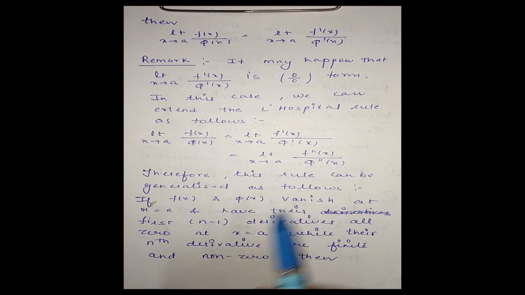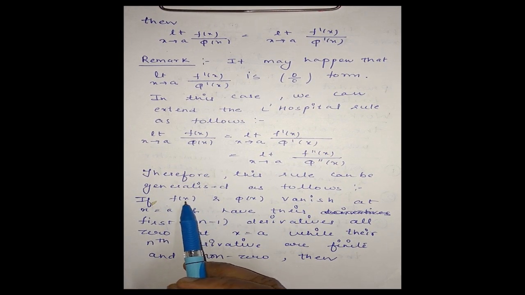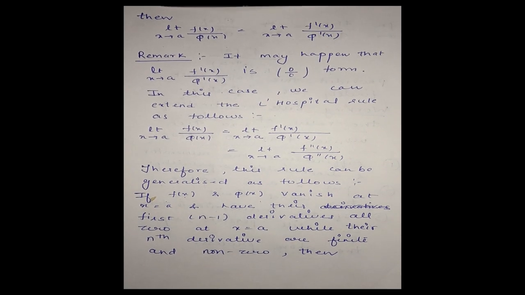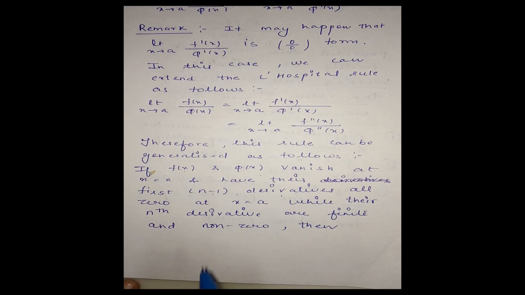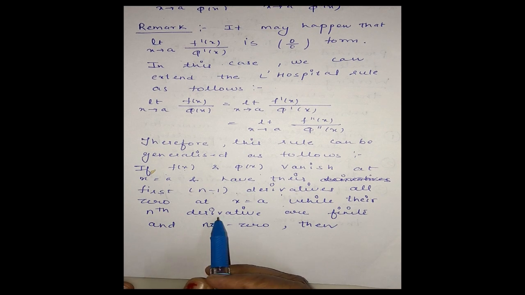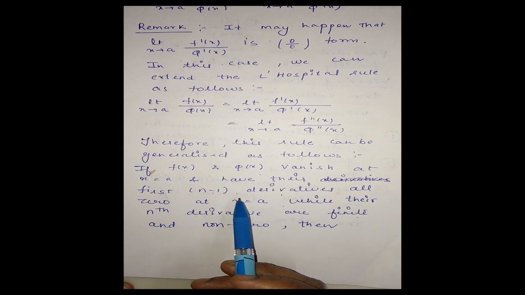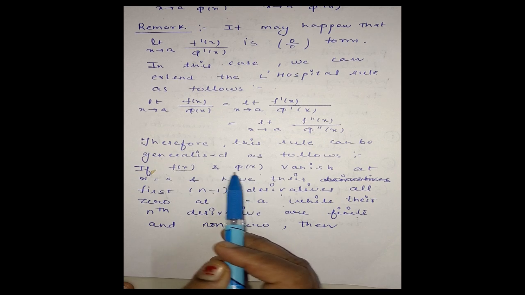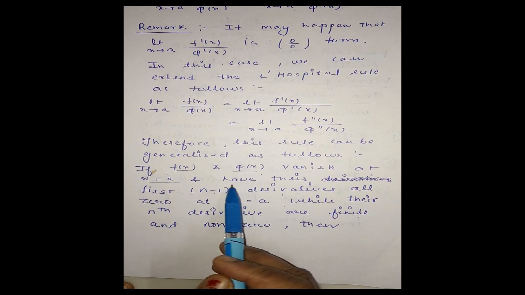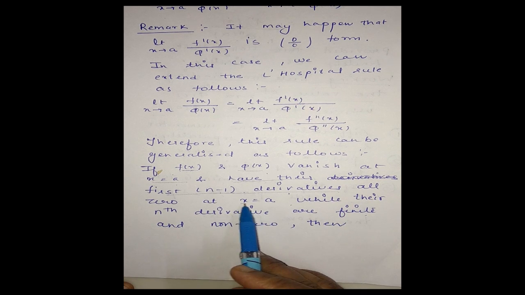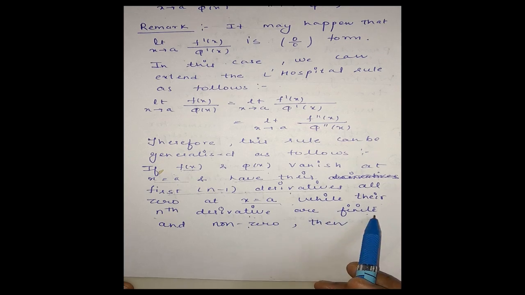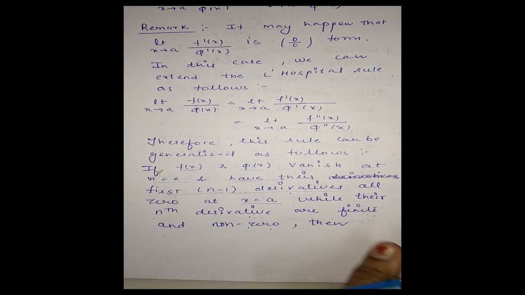Now therefore this rule can be generalized as follows. If f of x and phi of x vanish at x is equal to a and have their first n minus 1 derivatives all 0 at x is equal to a, while their nth derivative are finite and non-zero. If we are now generalizing this rule, if f of x and phi of x vanish at x is equal to a and have their first n minus 1 derivatives all 0 at x is equal to a, while their nth derivative are finite and non-zero, then